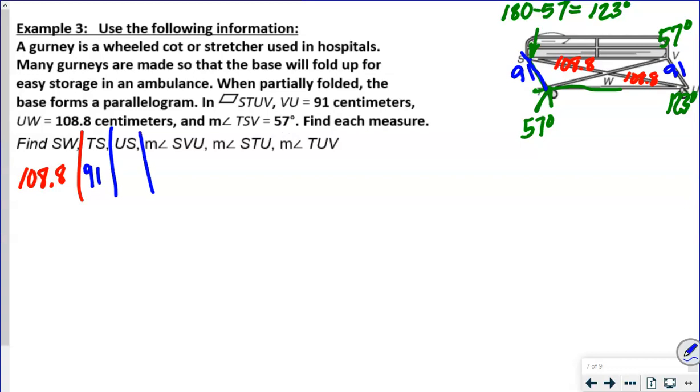So when we do US, this one is going to be 108.8 plus 108.8. So that's going to be 217.6. Okay? And then angle STU,